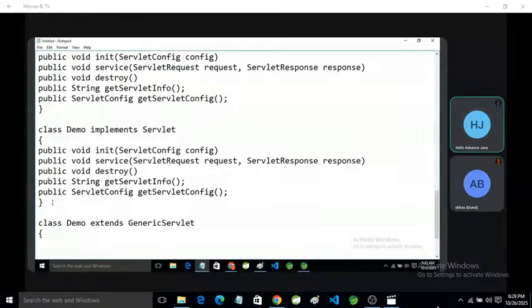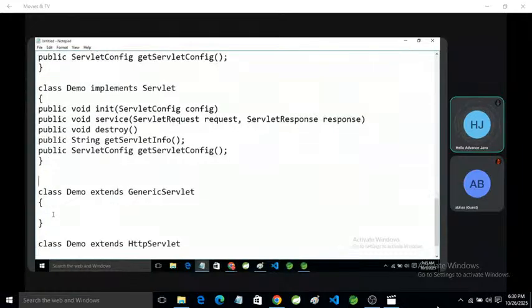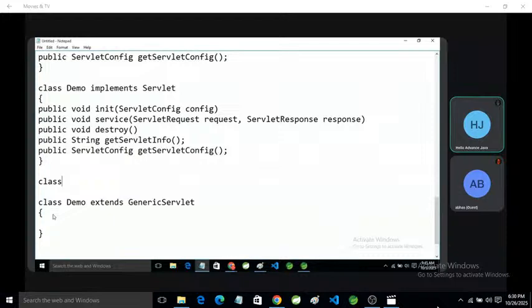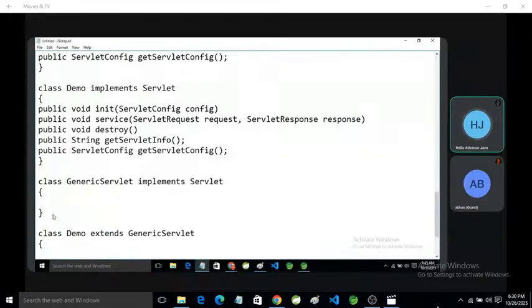Suppose we have 10 servlets, then we would implement 50 methods. That is a tough task, so for this reason we use GenericServlet. GenericServlet is also a predefined class, and it implements the Servlet interface.